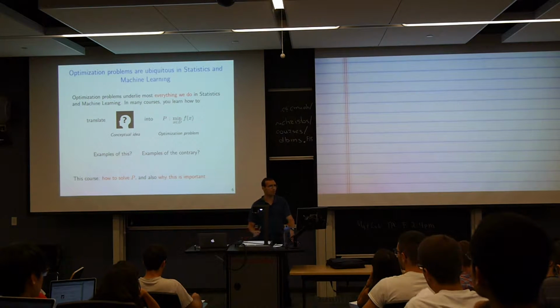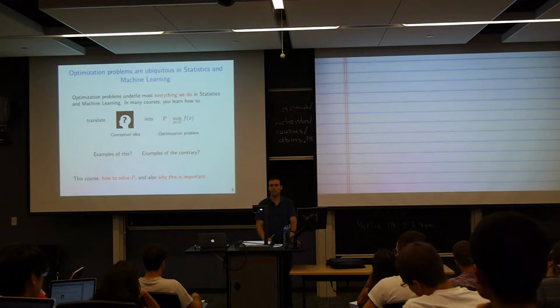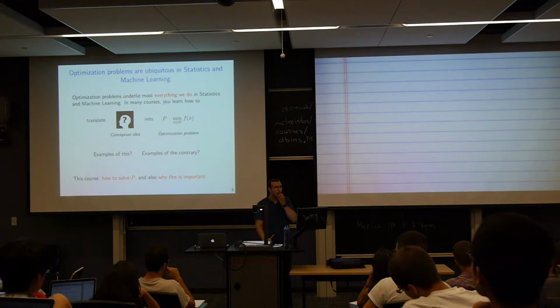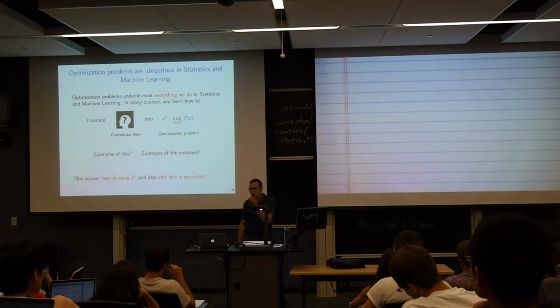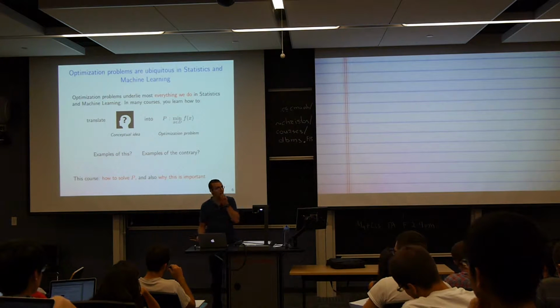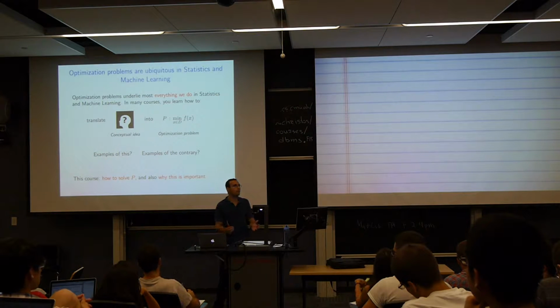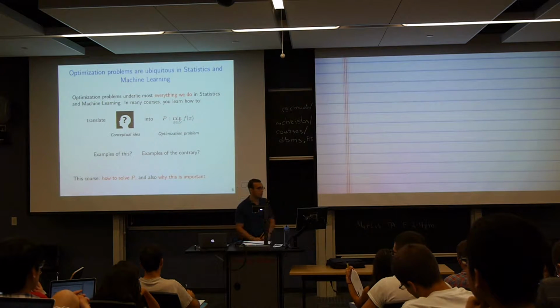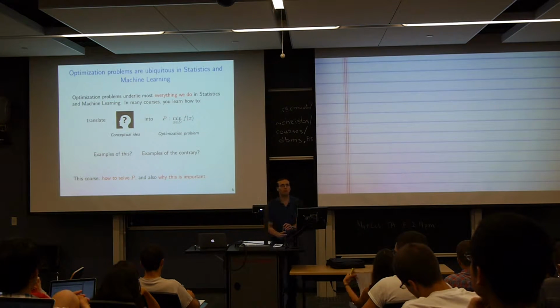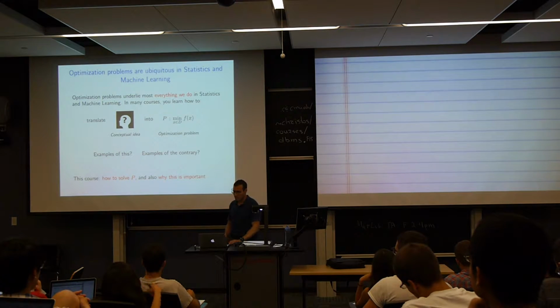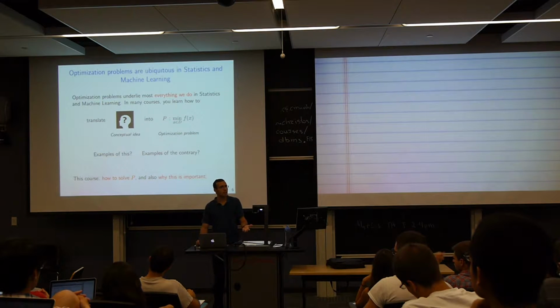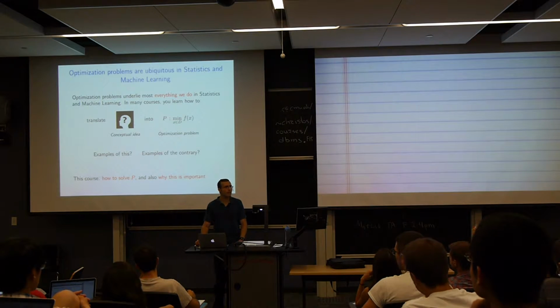going to be doing a much more thorough lecture about convex functions and convex sets. OK, so optimization problems, I claim, are ubiquitous in statistics and machine learning. They appear throughout these two disciplines in terms of the estimators we form, the problems we're trying to solve, et cetera. So in many stat and machine learning courses, like let's suppose you took 707, regression analysis in